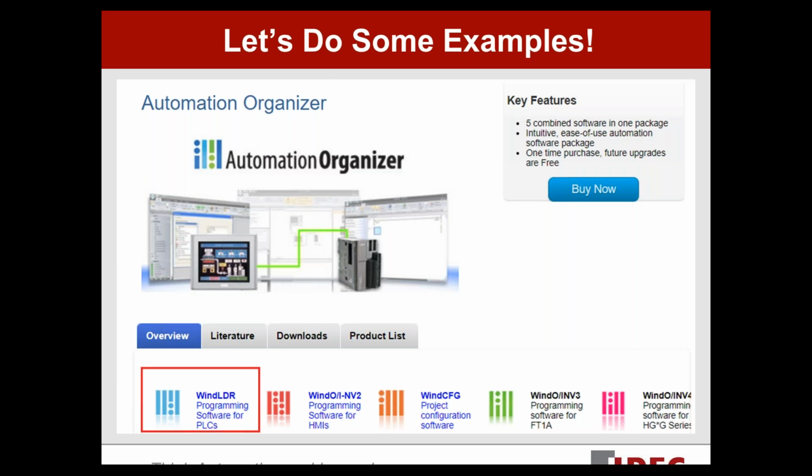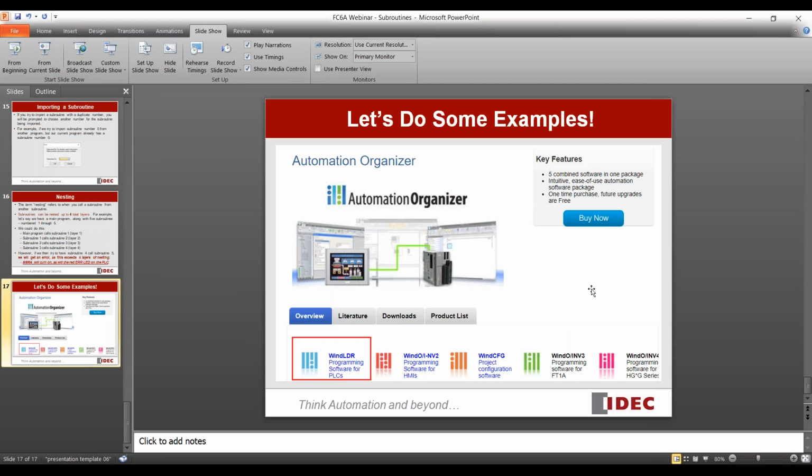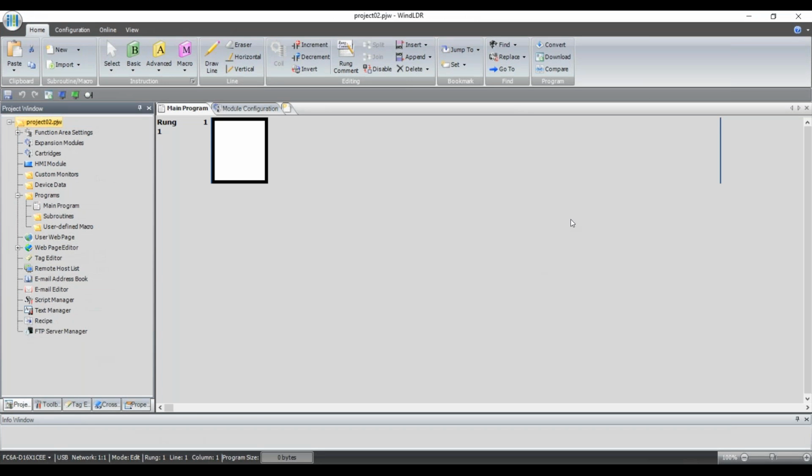All right, so let's do an example. I'll open up WinLadder, and we will take a look here at an example. And let me make sure, yeah, okay. Just want to make sure you guys are seeing my WinLadder screen as well. All right, so what I'm going to do here is something similar to what I showed in the PowerPoint. I'll make a main program with simply 3 rungs. Each rung will call a different subroutine, and then I'll make 3 different subroutines, and we'll see how